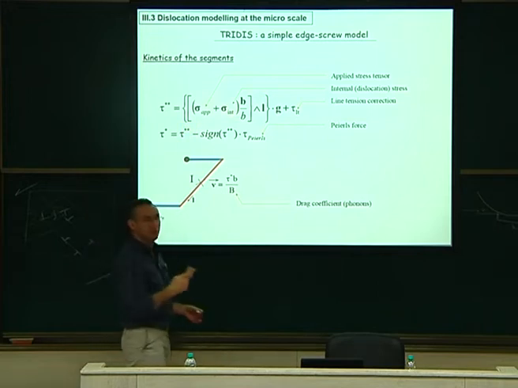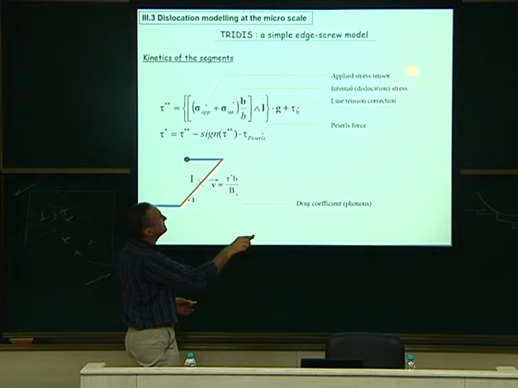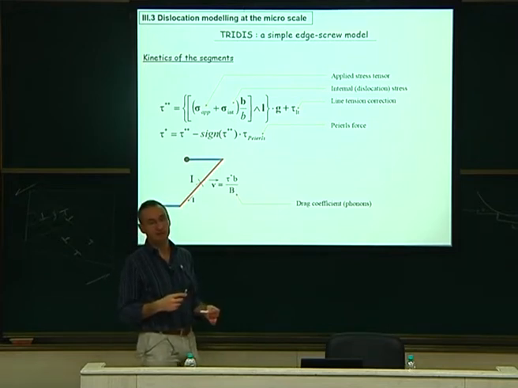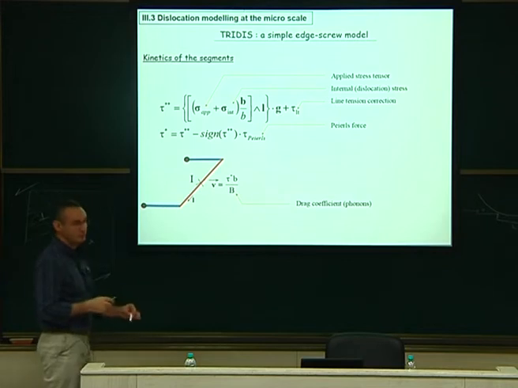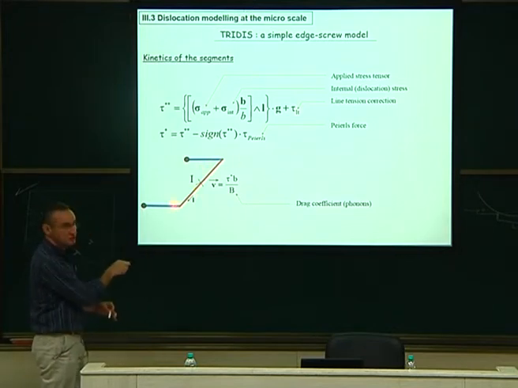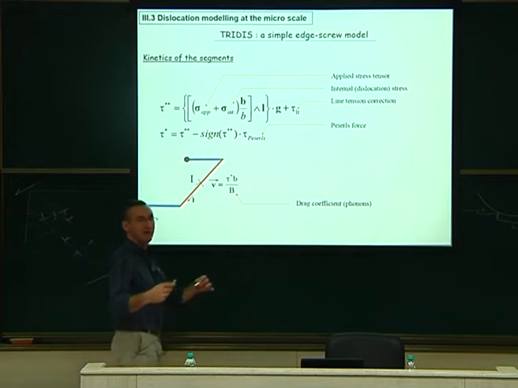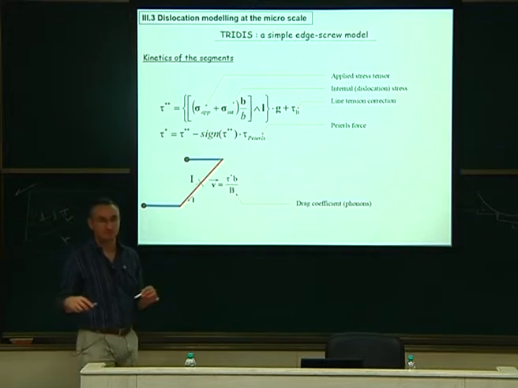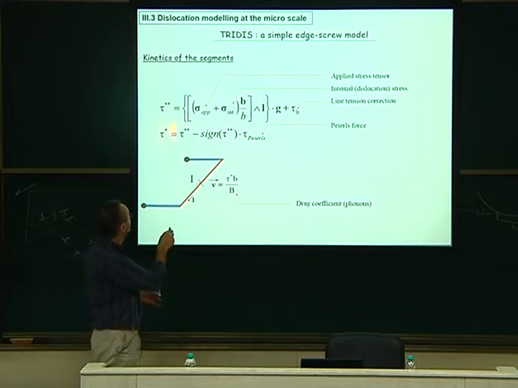The stress here is coming from two parts. First is the internal stress from all the segments you have in your simulated box, and the applied stress tensor that you get here, that could be given by finite element modeling, typically. So this I will explain tomorrow. This gives you a stress. You sum up the line tension because when you move, you will elongate your segments. So this costs an energy. So you have some back stress, which is called the line tension, which wants you to come back like an elastic. So line stress correction. And finally, you remove from that value the Peierls force under which there is no motion. Okay? So that's simple to get the effective stress tau.